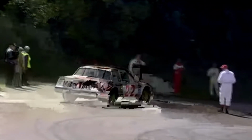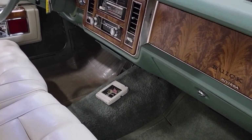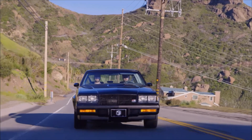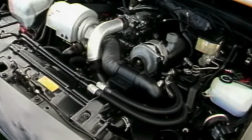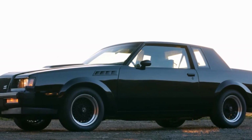And funny enough, 1978 was also the same year that the first turbocharged V6 Regal became available as well, labeled as the Regal Sport Coupe, producing 165 horsepower initially, but over time the horsepower number went up to 180 by 1982, when in February of 1982, the Buick Grand National made its first debut, and it actually got